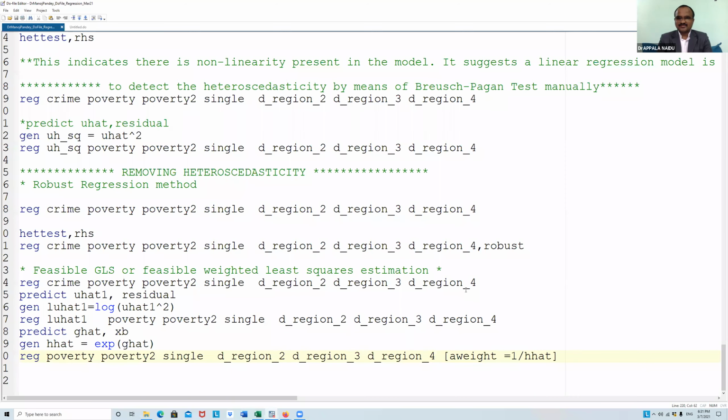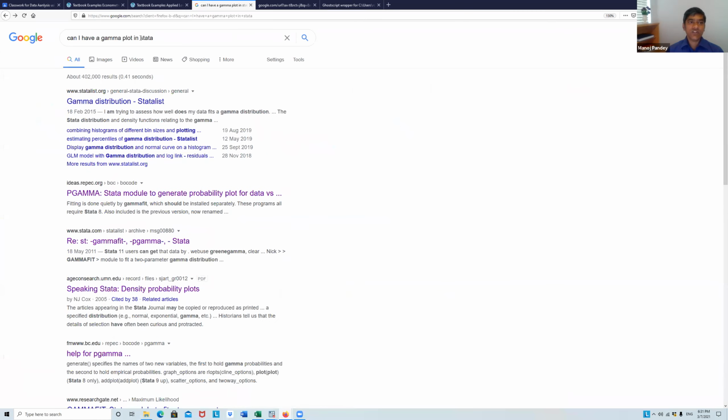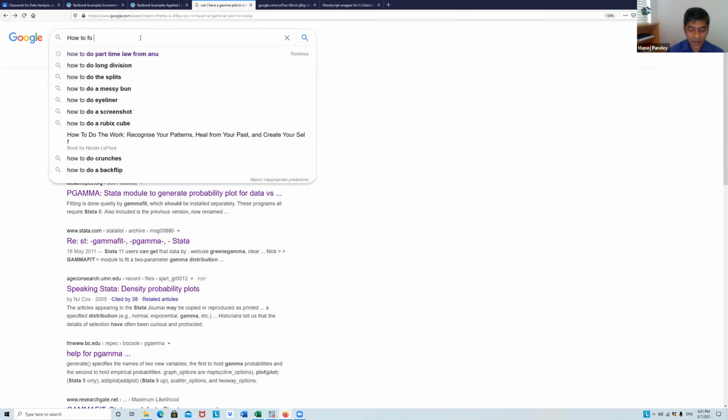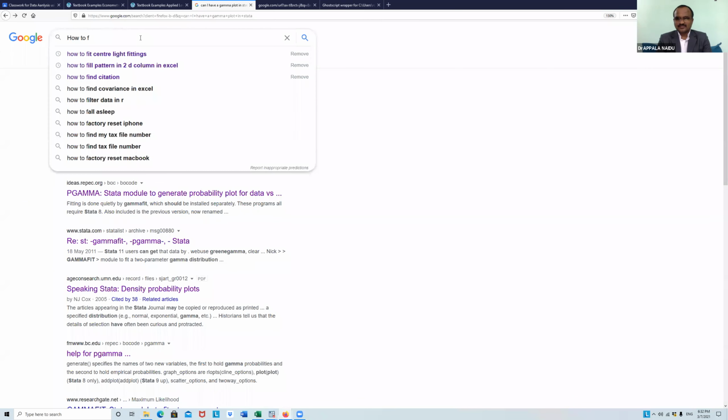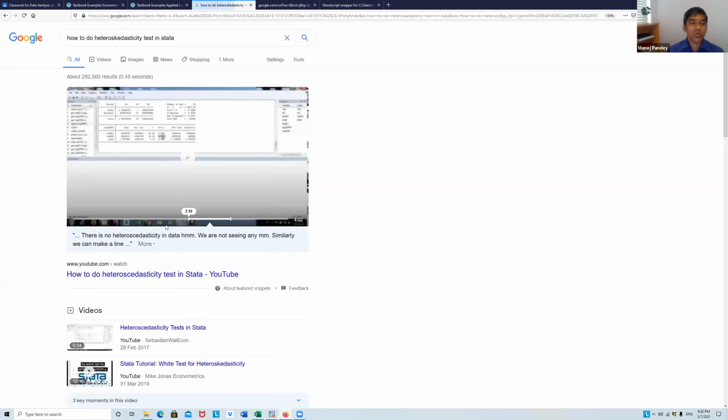But then you can practice on your own. I will share these do files. You can just open your data and you can run like this and check, read your econometrics books, and importantly, just like I searched here, how to do heteroscedasticity test in Stata. Then you will find some videos here. You watch those videos.